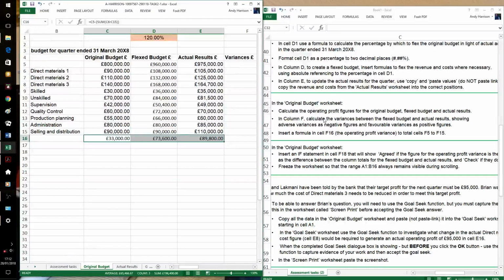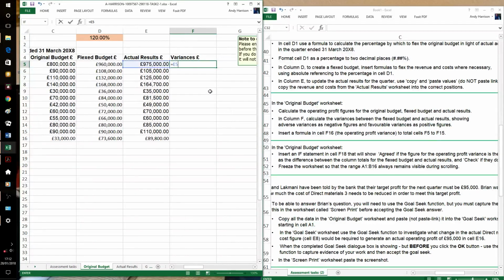So now we're on to our actual variances. So go back to your knowledge, of course. This line is revenue, and it's favourable because our actual was more than our flex budget, so we just need to make sure it comes out positive. Again, I'll type the formulas in, type the cell references in, it tells you the cells you're dealing with. But